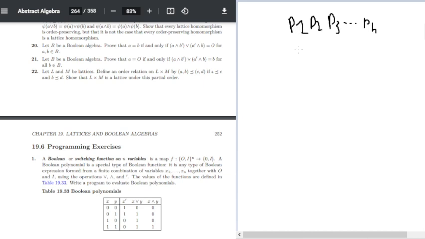We're going to have the amount of elements in our lattice. The order of the lattice is going to be,